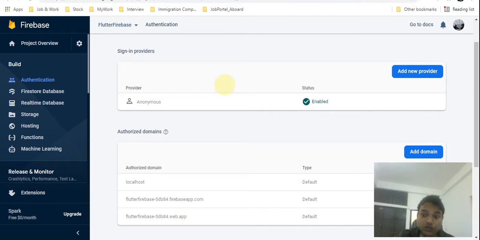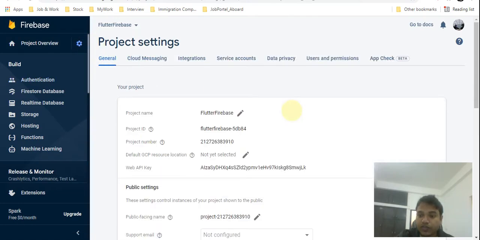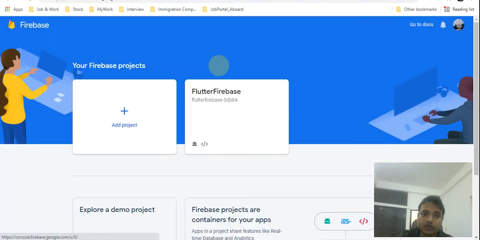In a previous video, we already discussed how to set up Firebase for Flutter. If you did not watch that video, please go back and watch it, so that it will make your mind clear about Firebase and how to make use of Firebase in our Flutter application. One more thing, which I forgot to discuss in the last video, is that with Flutter you can make iOS, Android and web applications at the same time with the help of Firebase.